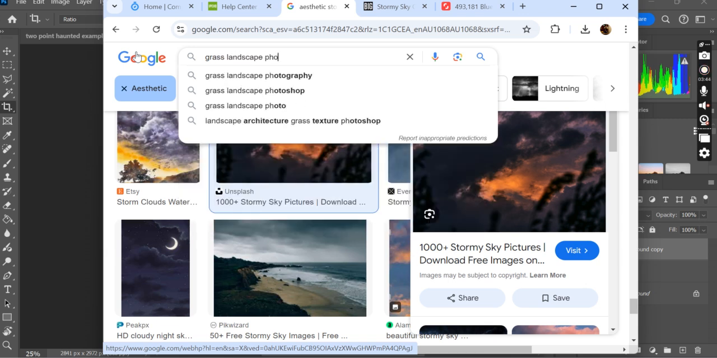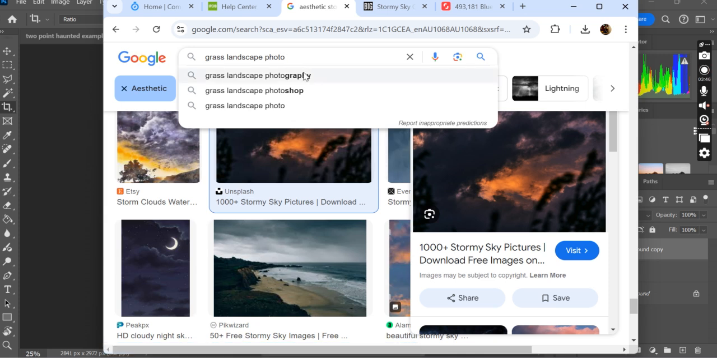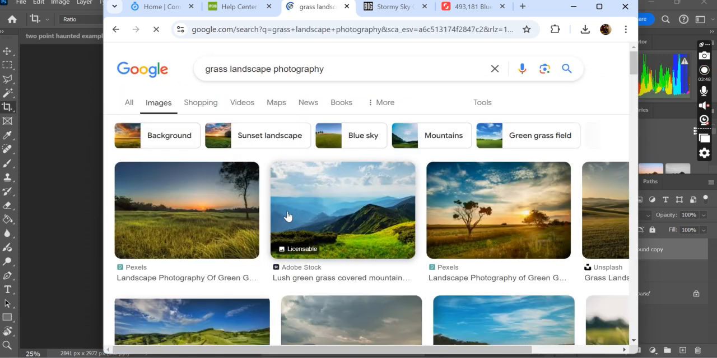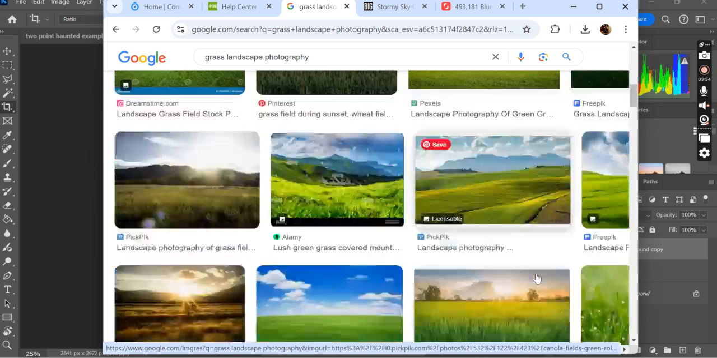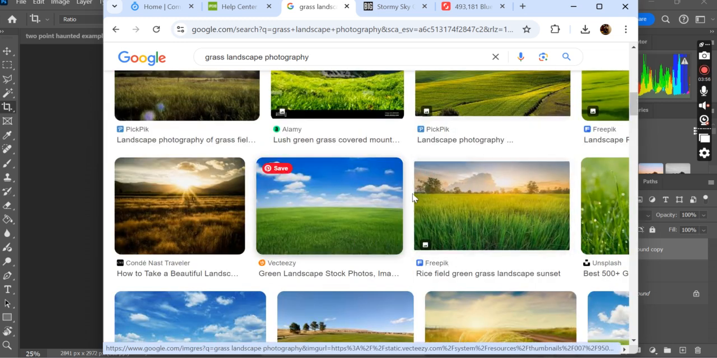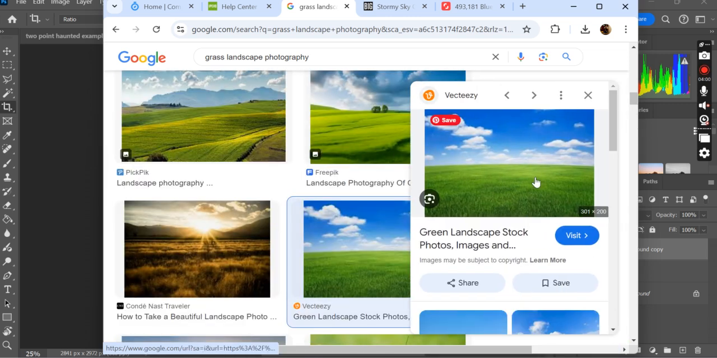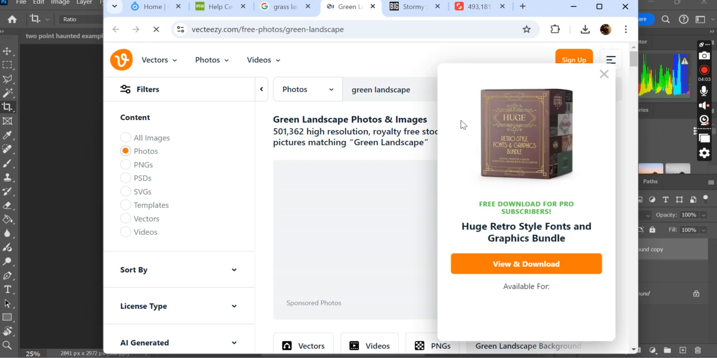landscape, photo. I get a bit tired of having to sift through all these stock things. We'll see what we can find that's not going to be too painful to go through. Maybe we'll see stock photos. It's probably going to have some, what do you call it, those